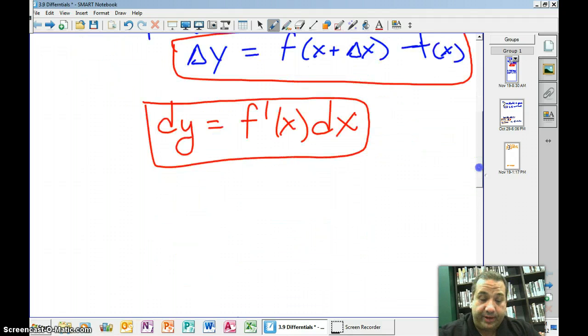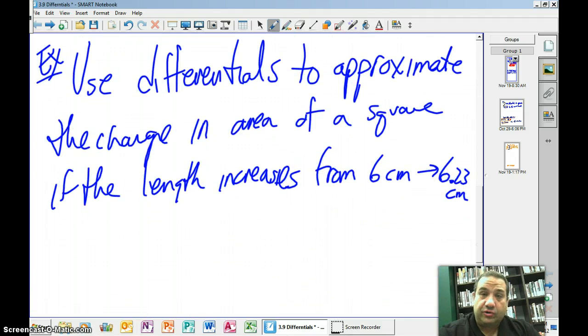So I got a problem for you. Use differentials to approximate the change in area of a square if the length increases from 6 to 6.23. Now, of course, I can calculate the 36 here and calculate whatever 6.23 is, square it,